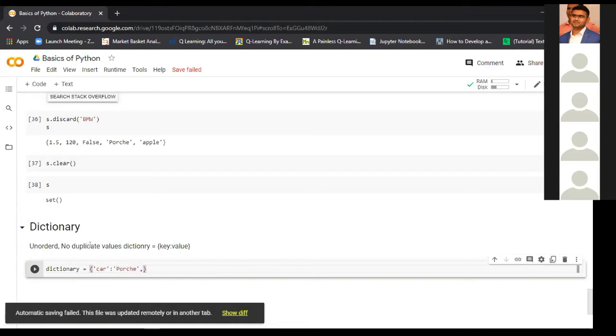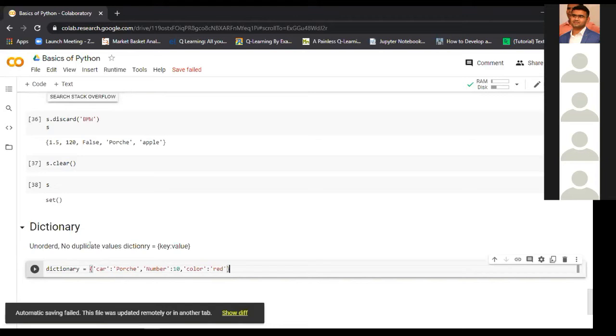And now let's see the number. We have number 10, and let's take another example, color. So the color we can have red in here.